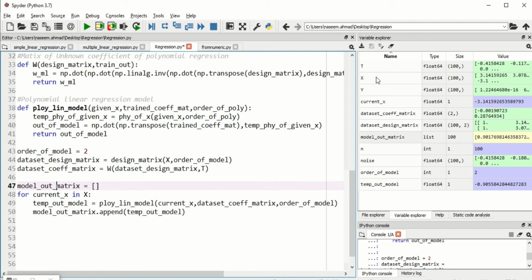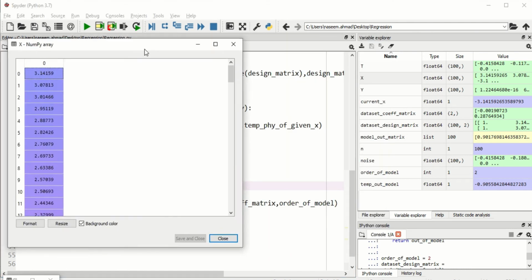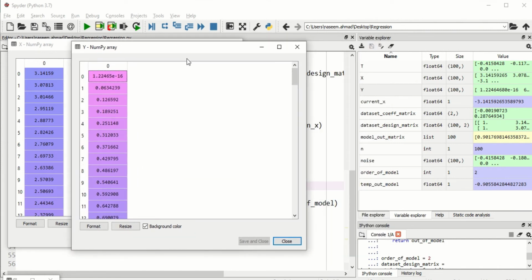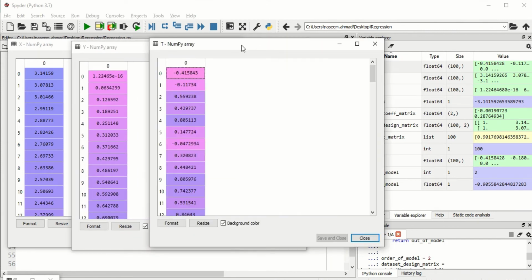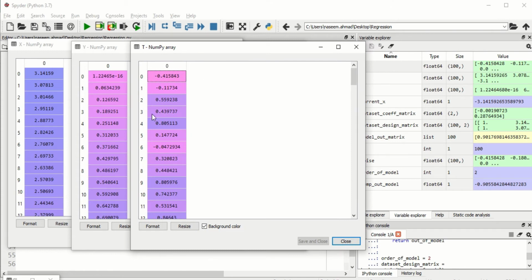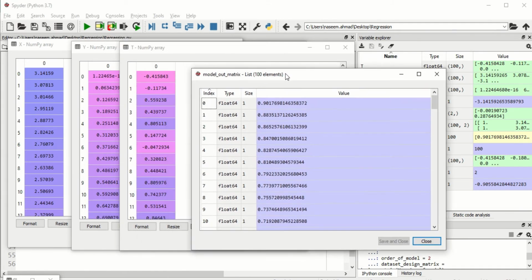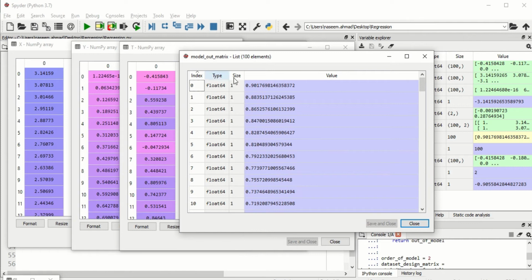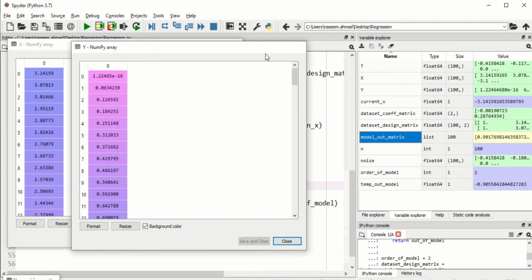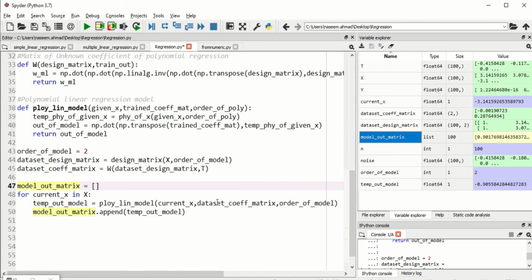For each X, we have Y, meaning the sine function of X, and we have T, meaning the sine function added with some Gaussian noise, and at the same time we have the output of the model also. So let's open this model output matrix. So this is T, this is the output matrix, and this is how our model is performing. So just close it.